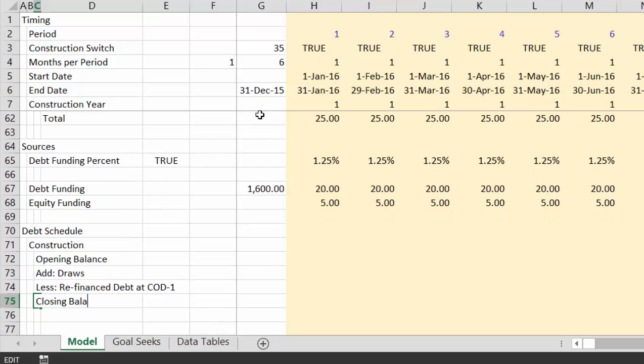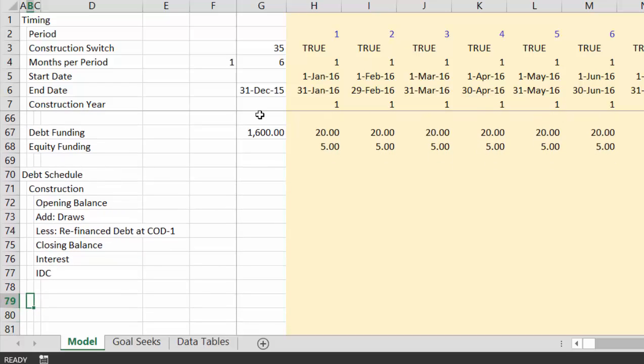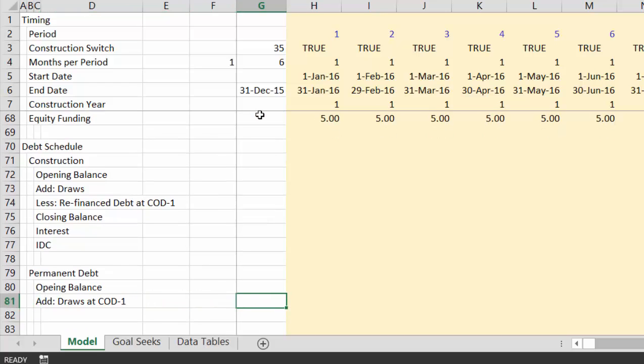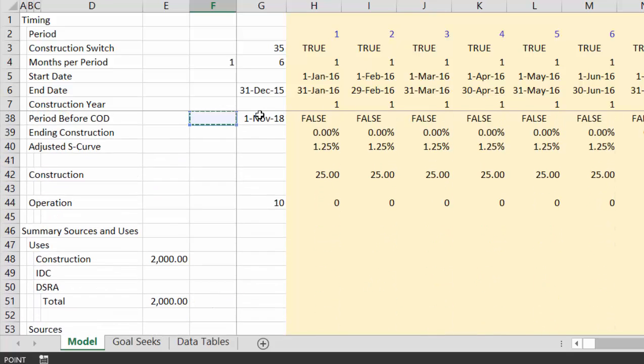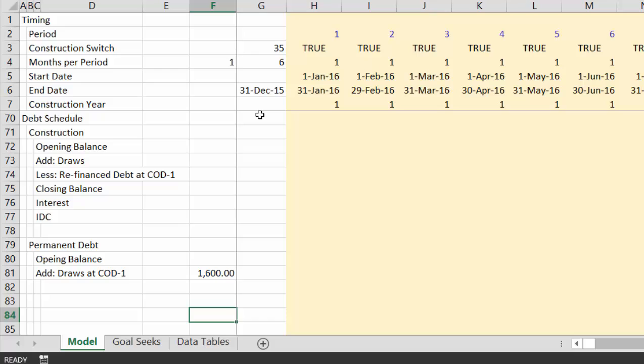Now, if you do this, you'll see that we can get rid of the circular reference, and then we'll put the interest and IDC. Okay, and then we'll put the permanent debt. And here's a big trick: opening balance, add the draws at COD minus 1. And the big trick, and you don't believe me, I'm sure all you fancy people don't believe that this is true, but what you do is you put the debt right here from our little summary sources and uses of funds statement up there. And that will eliminate